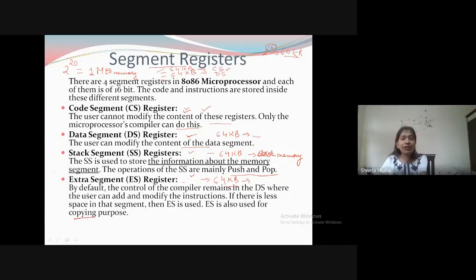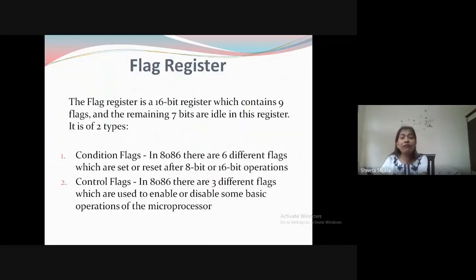So these are all the registers. Now we will discuss the most important one, which is the flag register. In case of 8086, the flag register is also 16-bit, as written here. In case of 8085, the flag register has 5 flags, whereas in the 8086 microprocessor, the flag register is divided into 2 parts.